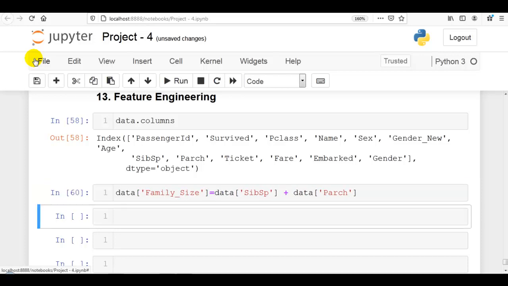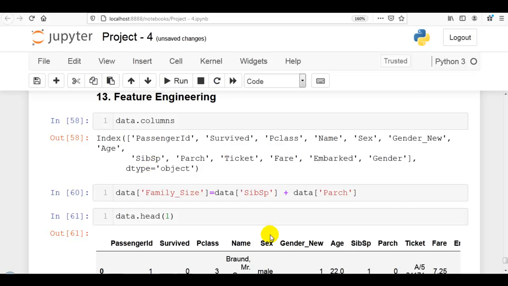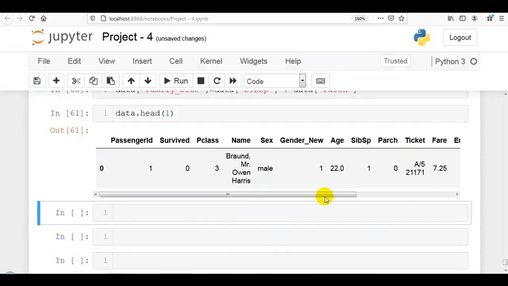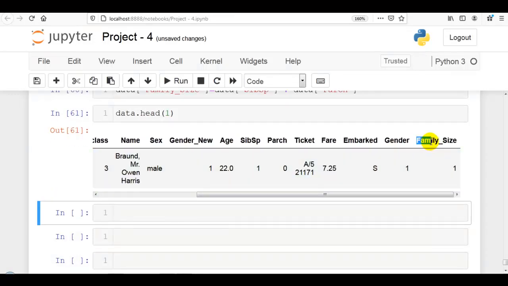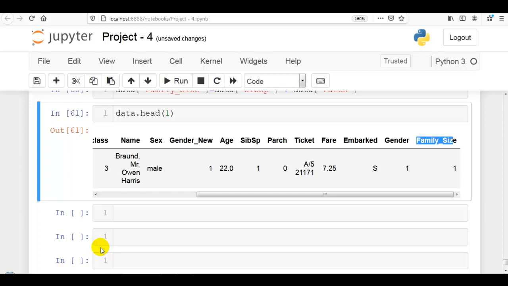Let me execute this cell. Let's check the first row of our data frame. As you can see over here, a new column is created with name family_size, which is showing the size of a person's family.